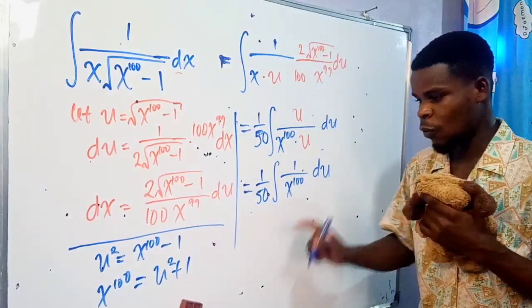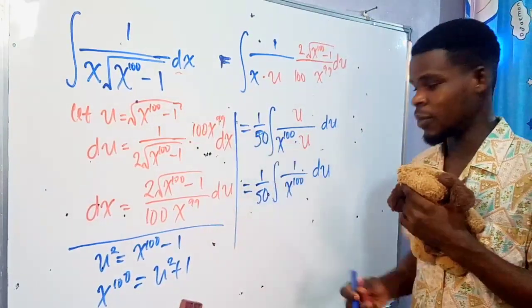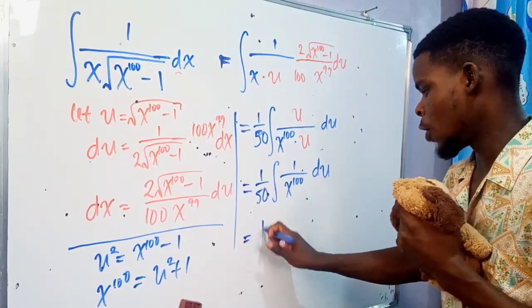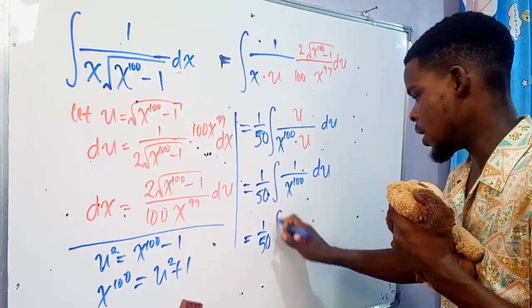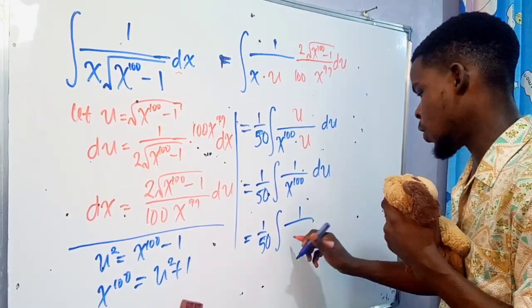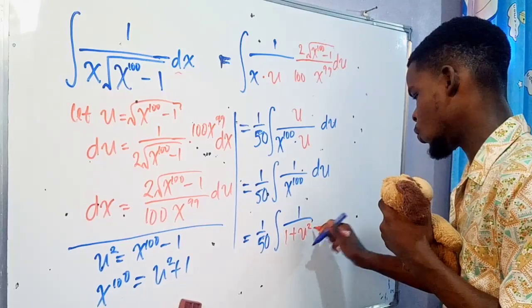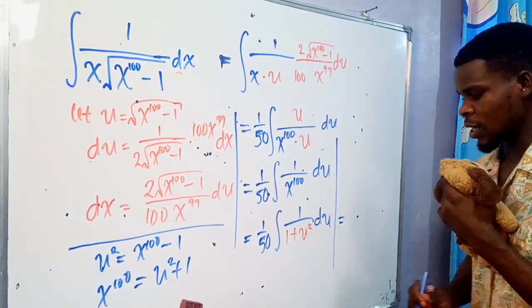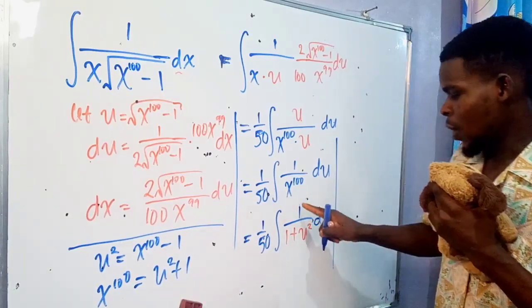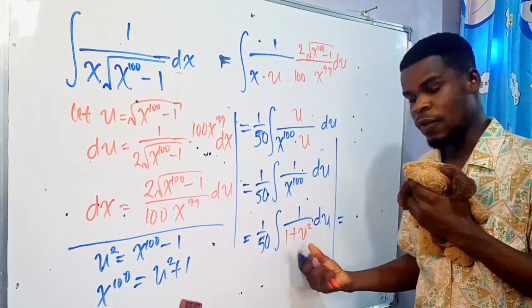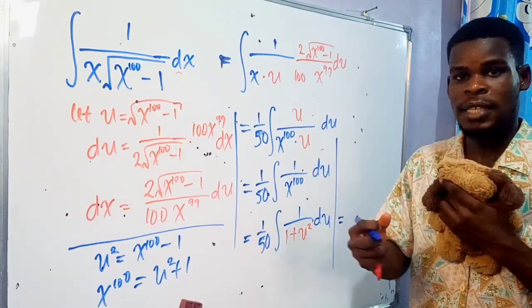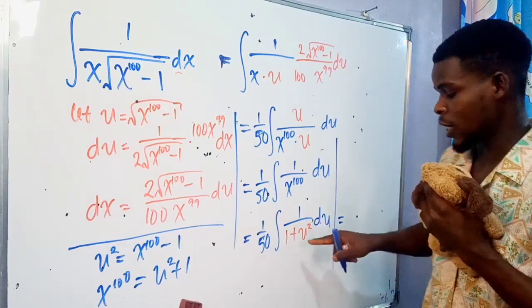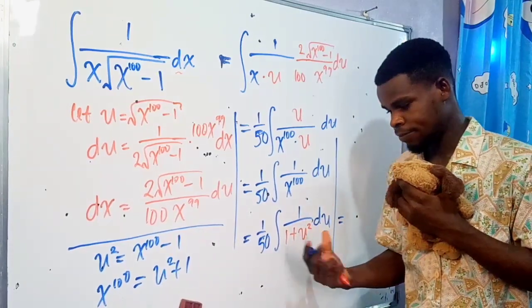So in place of x raised to the power of 100, we are going to put in u squared plus 1. That follows from the substitution we started with. So we're going to have 1 over 50, then the integral of 1 over u squared plus 1, or if you like, you can say 1 plus u squared, and then we put the du over here. This is very nice, because 1 over 1 plus u squared comes from the derivative of inverse tangent. So the antiderivative here, in this case in terms of u, will be